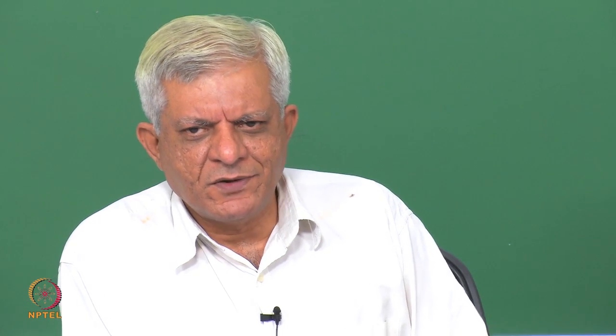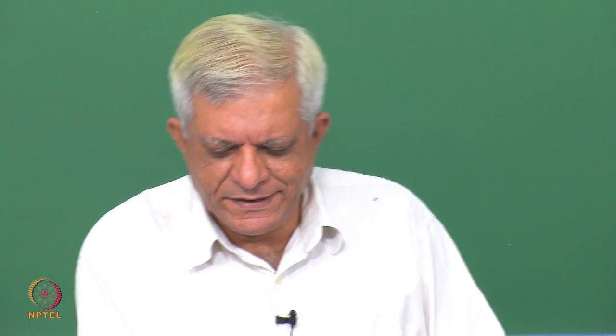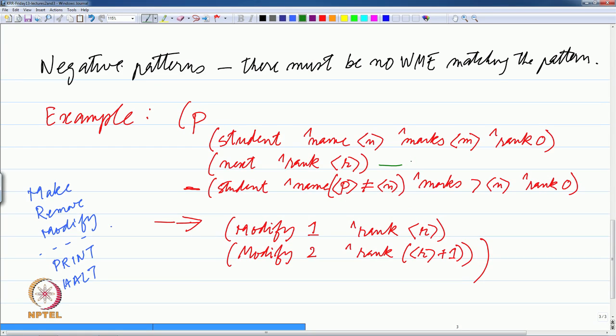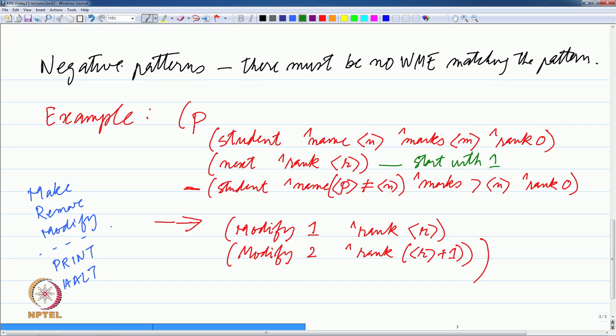For example, if you are starting the whole process, you might create a working memory element which says that the next rank is 1, for example. And what is it saying now? It is saying, look at the first pattern. First pattern says that there is some student, we do not know what the name is, we just call him n or her n, whose marks are m, we do not know what the marks are, but the rank is 0, which means it is a convention between us that we have not yet assigned a rank to the student. And the next rank that I need to assign is R,